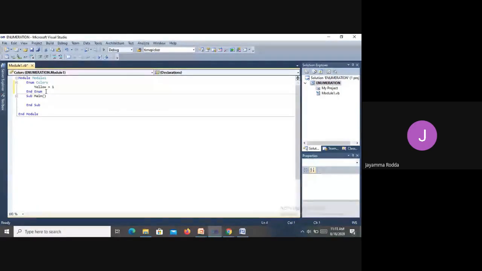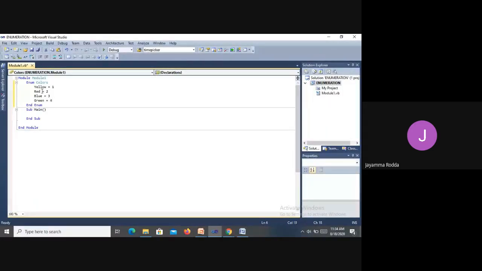Okay. Next, red is equal to 2. Next, blue is equal to 3. And green is equal to 4.